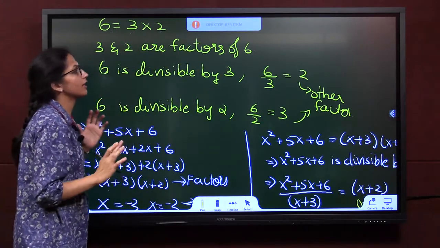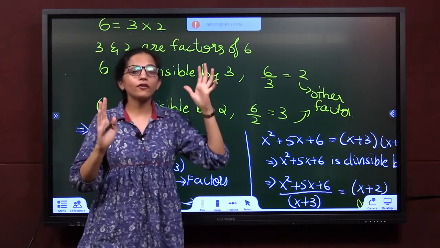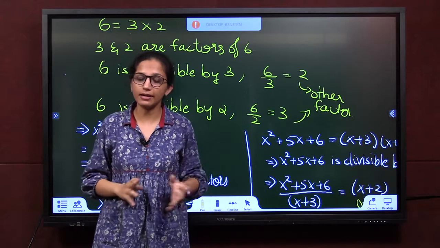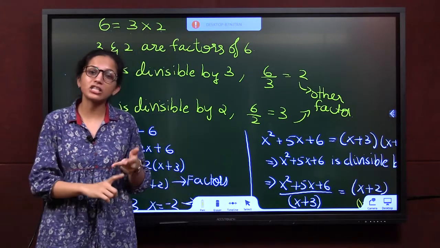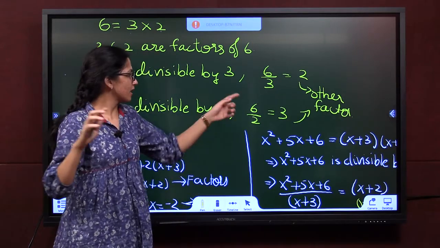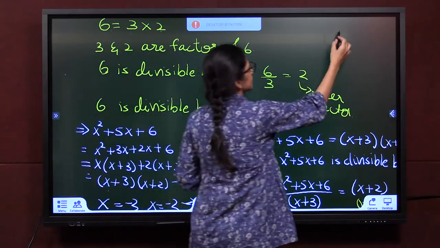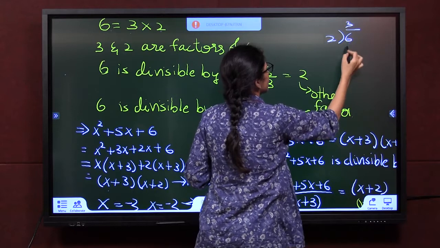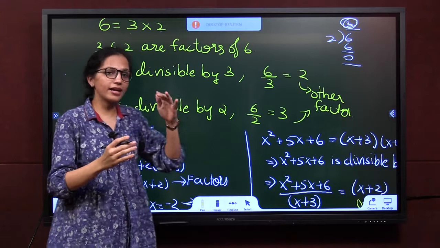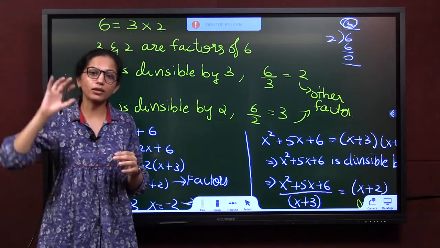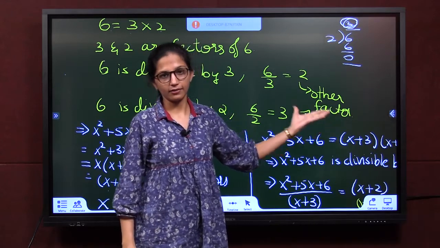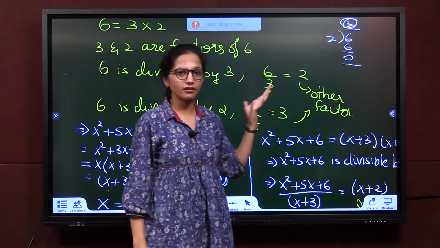So, what we are trying to understand in this part here is, if you divide a number by its factor, the remainder is 0. So, forget the remainder now. If you divide a number by its factor, whatever answer you get, that is the quotient. See, 6 by 2 if I divide, 2 3s are 6, remainder 0. This is the quotient, right? Yes. So, when you divide a number by its factor, whatever is the quotient, it is nothing but the other factor. So, you get all the other factors in that quotient.